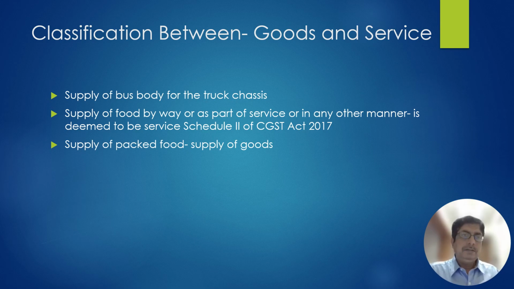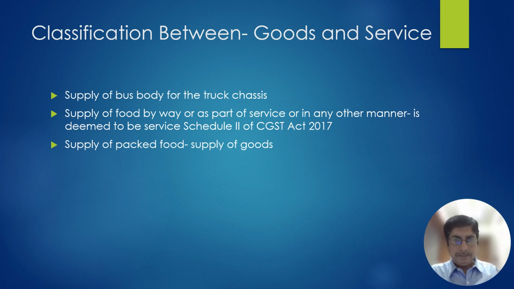In that, the entry is supply of goods by way of or as a part of service or in any other manner, then it is to be treated as service. There is a Delhi advance ruling that if packed food is available on the railway platform, preheated packed food, like takeaway, it is supply of goods, because